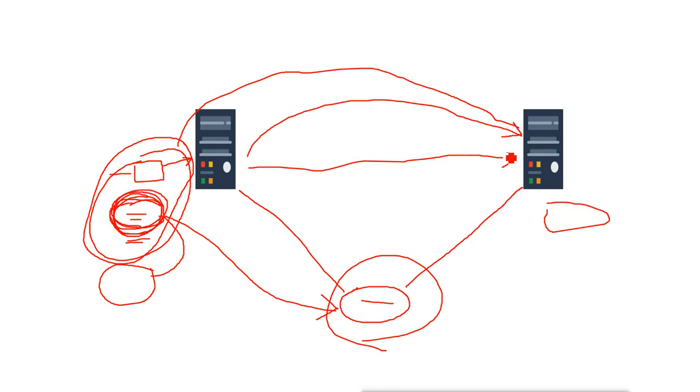Now what we need here, we have to authenticate these other servers first. That means the other server must authenticate the server to accept the virtual machine migration. For that we have to configure the Hyper-V settings of both the servers to enable virtual machine migration. So we have to enable the migration feature on both the machines.